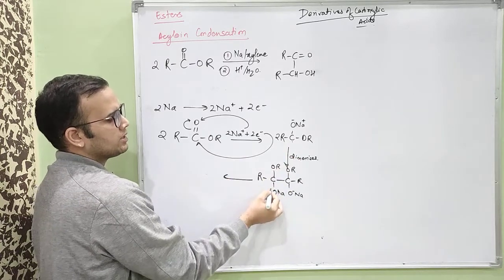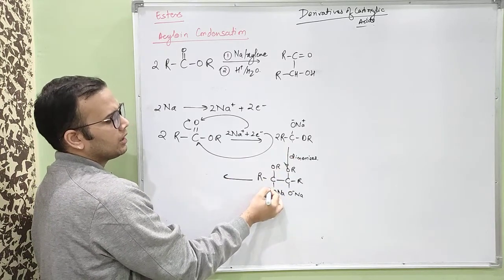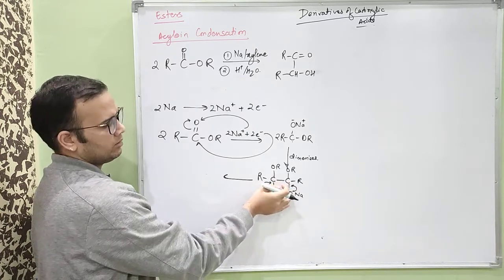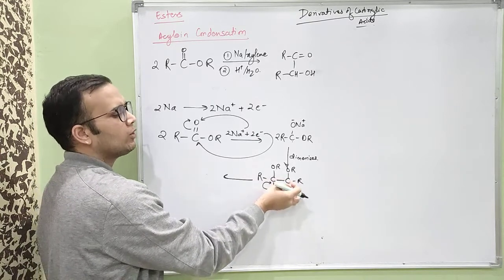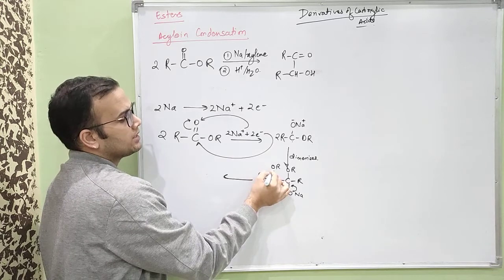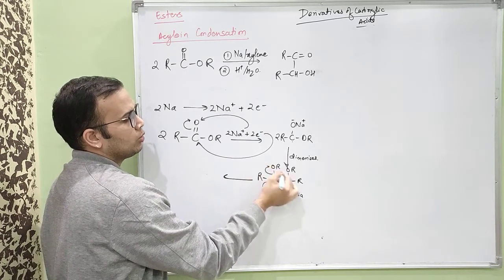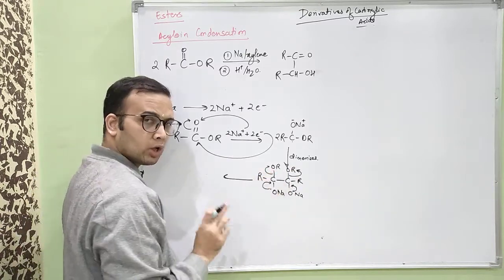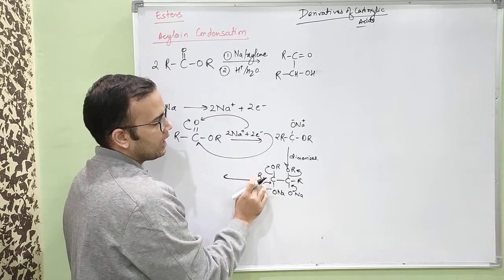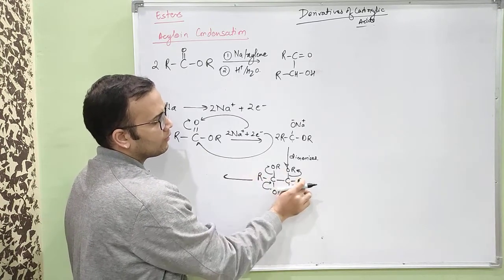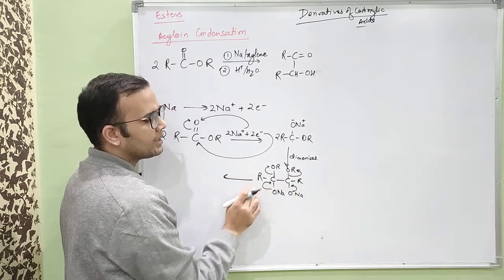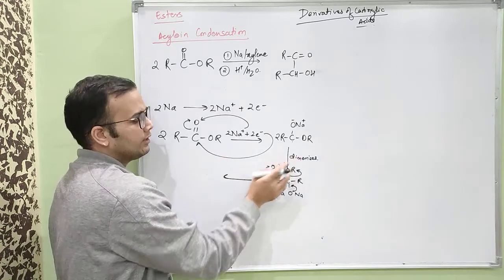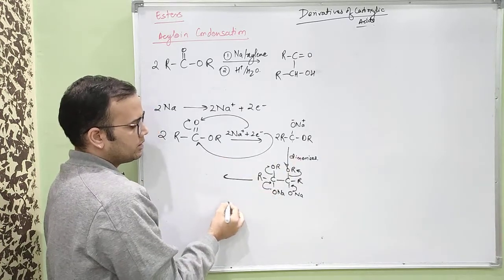Now again what happens is, since Na is there, this electron is shifted onto, this electron is again donated to carbon, and this particular leaving group goes out. Now you may say that why is it happening, because OR is not a very good leaving group, but then as far as all of these are concerned, this is not a very good leaving group either. R is alkyl group. It is a much stronger base as compared to OR minus. This will leave, and I have already told you that C double bond O,